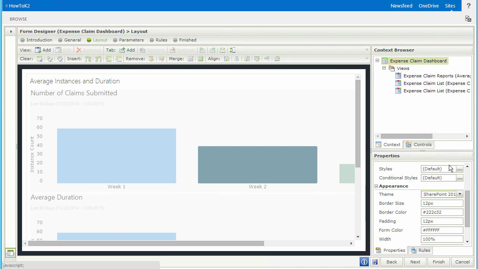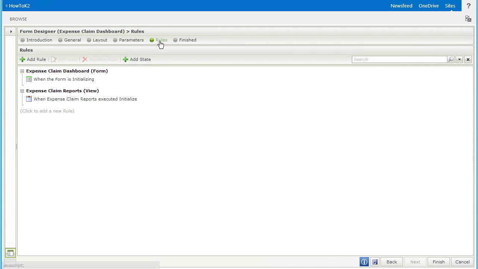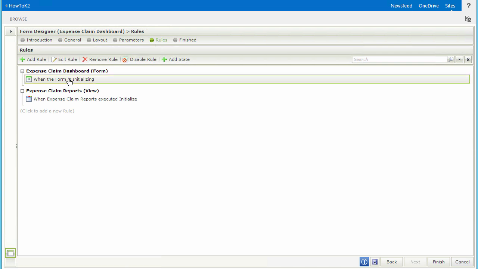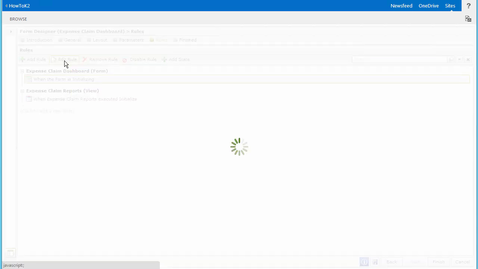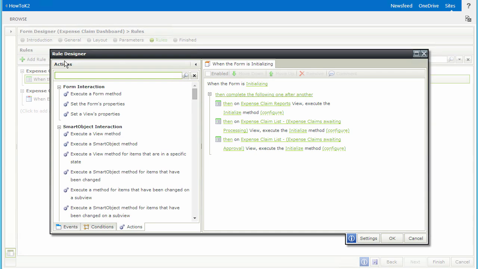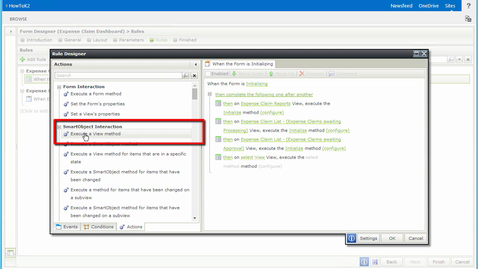Now let's set up a rule so that the form calls the list method for each of the list views and passes in a filter to only show the relevant items for the view. Let's skip over to the rule screen and edit the rule when the form is initializing. To get the data that we want in each of these views, we need to add the Execute a View method action to this rule 2 times,